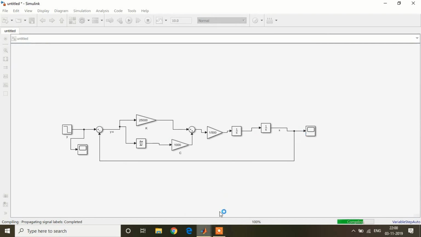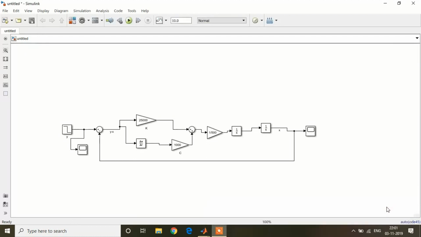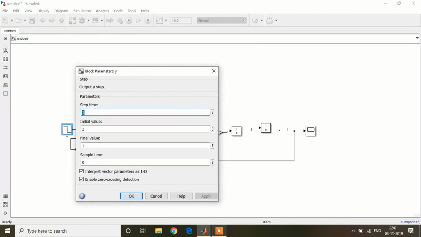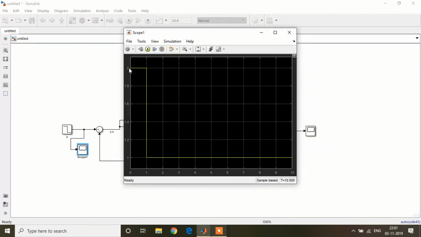As damping is there. So just double click on it. As you can see, the step time is 1 and the final value is 1 and initial value we have 1. Sorry, initial we have 2. Just double click on the group. So we have an initial value of 2 and there was a sudden drop,